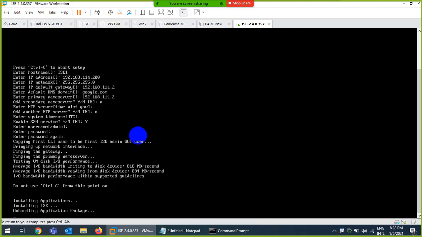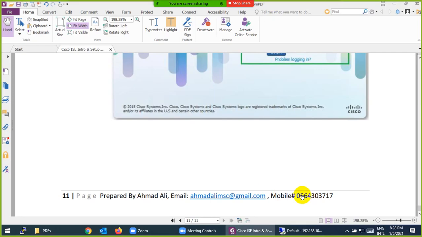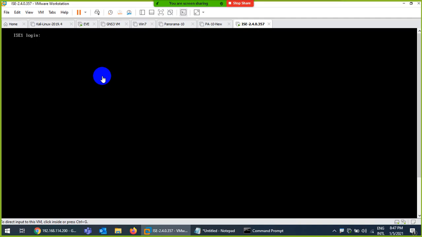We can use the command show app status ise to see the running applications. It will take almost 10 to 15 or maybe 20 minutes.